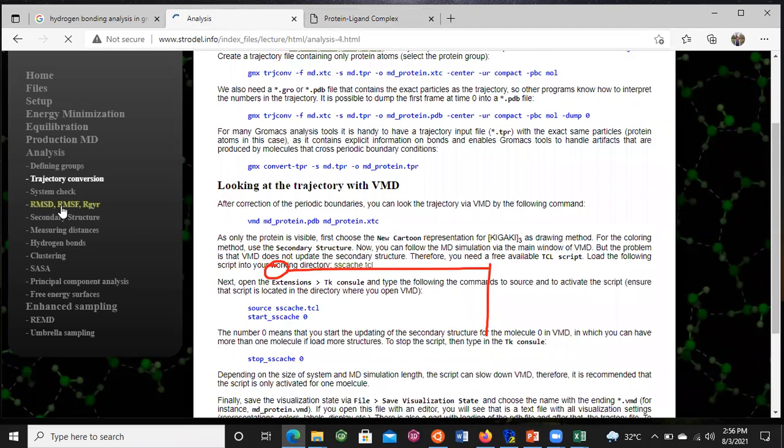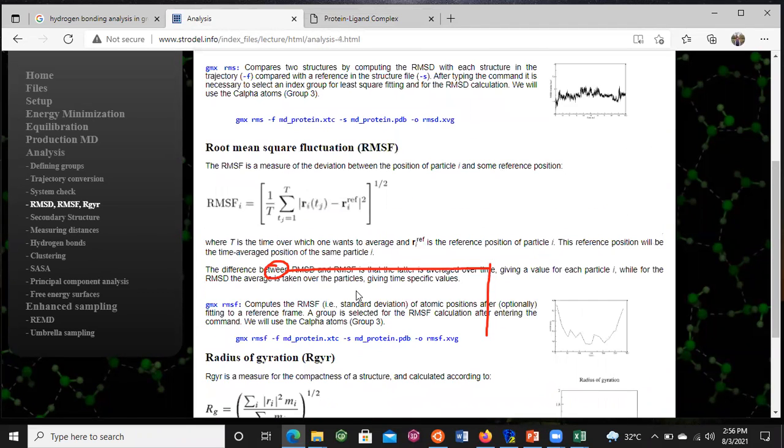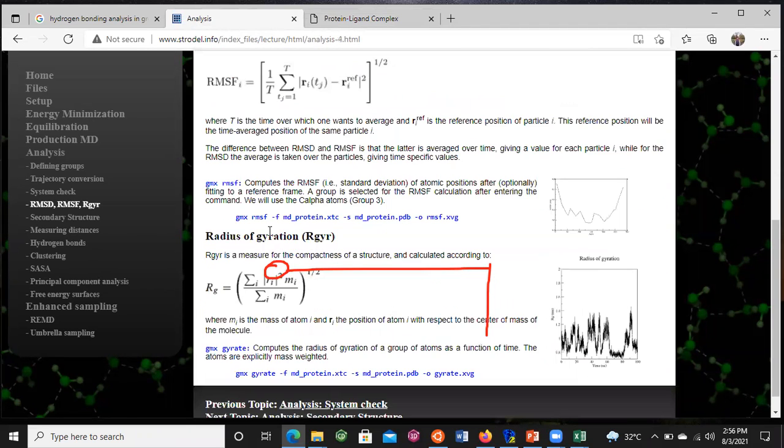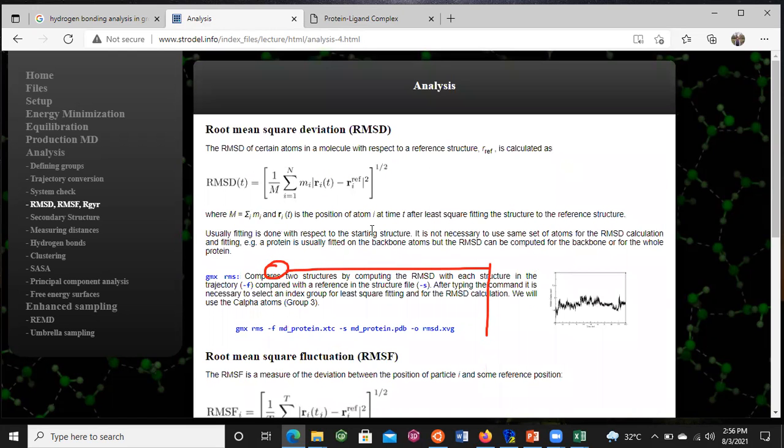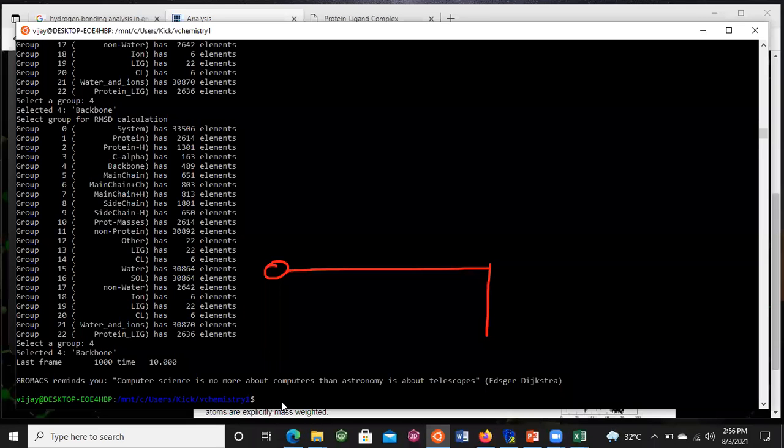RMSD, or simply we need to write RMSF in the place of RMSD. Just paste here and change the parameters, that is, the RMS should be changed to RMSF.